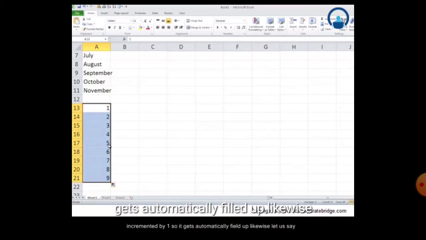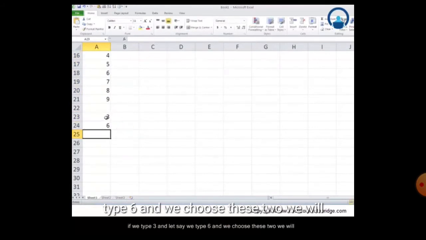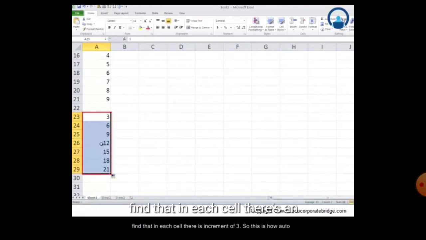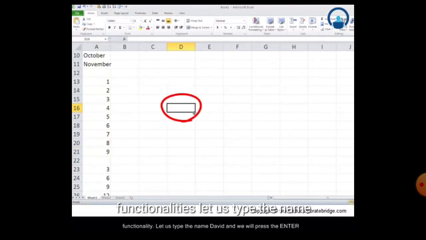This way we can write other series also, like even or odd numbers, like 3, 6, 9. If you write 3 and 6 and drag downward, automatically you will get 3, 6, 9, 12, 15, 18, 21. Children, this is how you can use autofill.